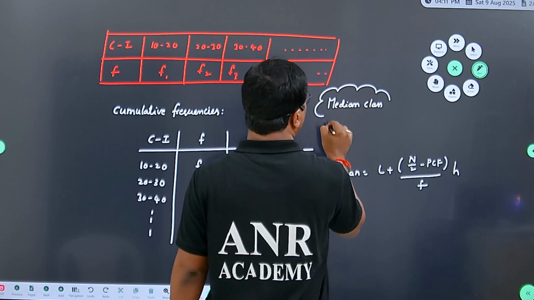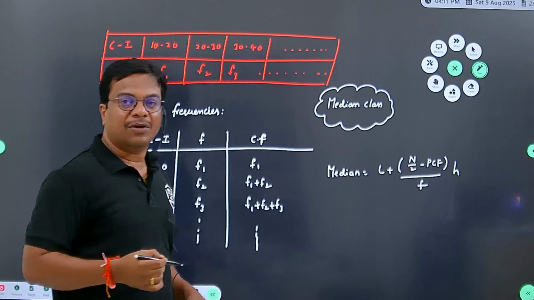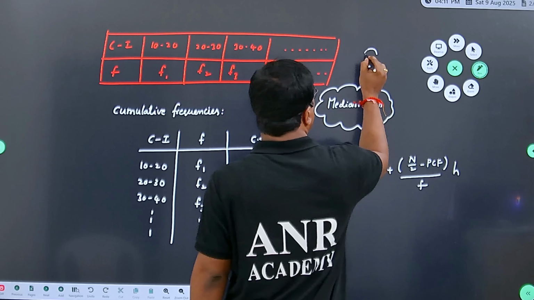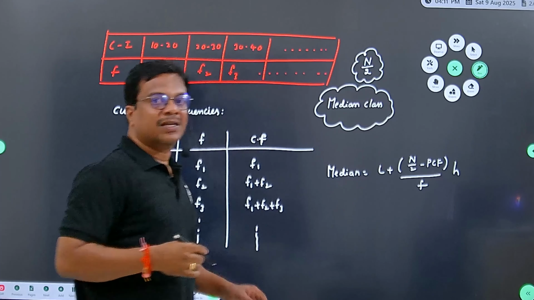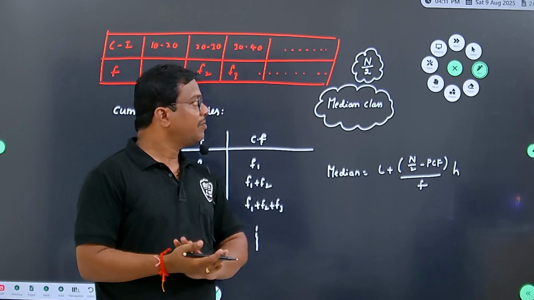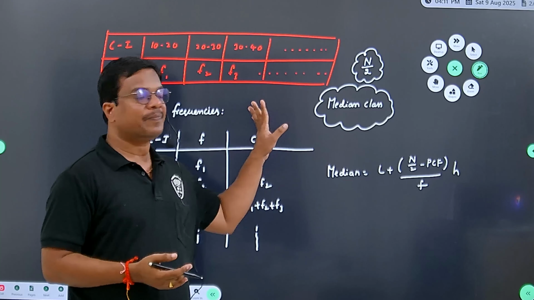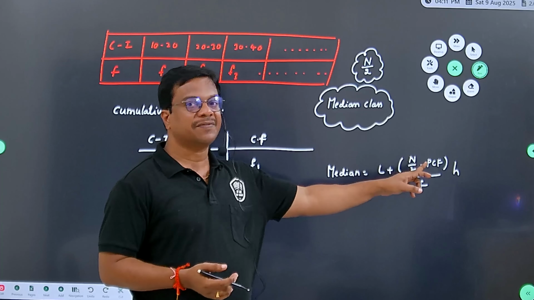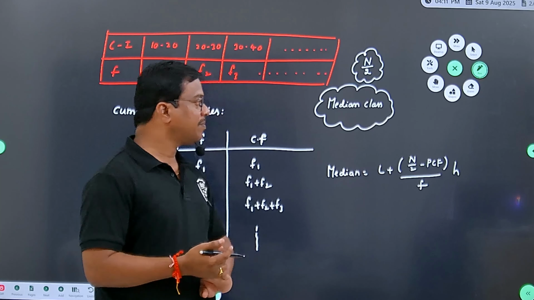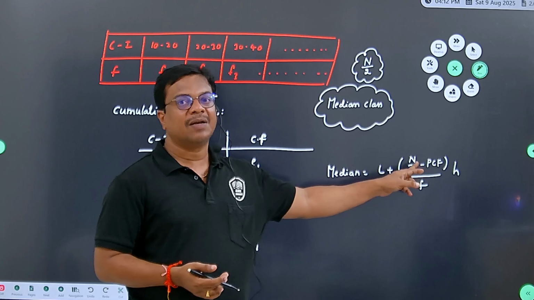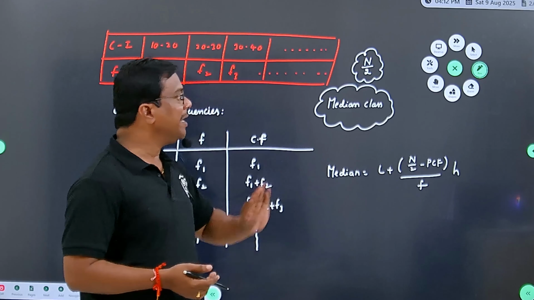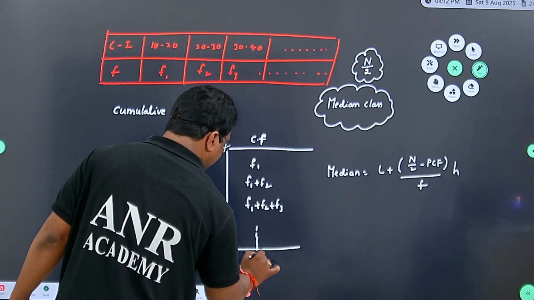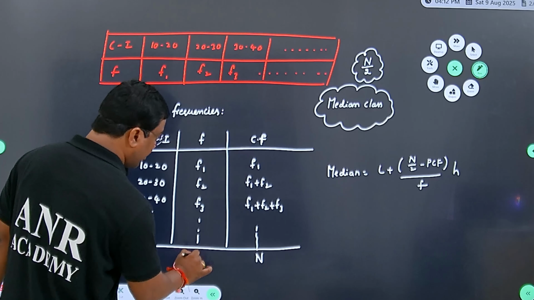Median class is decided by the value of n divided by 2. The class interval which is having cumulative frequency just greater than n by 2, that is median class, and in which L is lower limit, h is width, f is corresponding frequency, and PCF here is preceding cumulative frequency of median class. You have to find sum of frequencies, that is n, sum of frequencies here n,